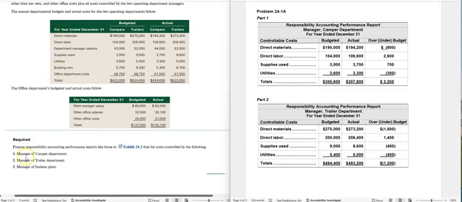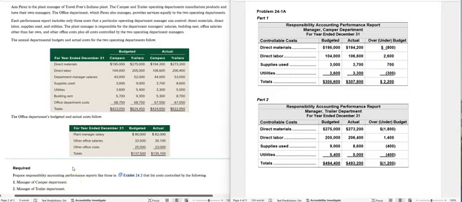So what we're going to be doing is preparing a responsibility performance report that only lists costs controlled by the manager of the camper, manager of the trailer departments, as well as the manager of the Indiana plant. All right, so what they've given us here are annual budgets along with actual costs for the two operating departments. Okay, so here we have campers and trailers budget, campers and trailers actual results for the year. They have listed all of the costs incurred in those departments.